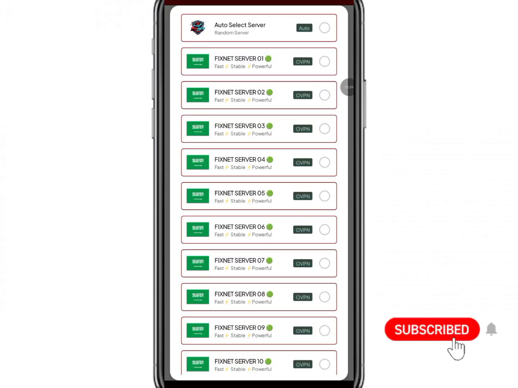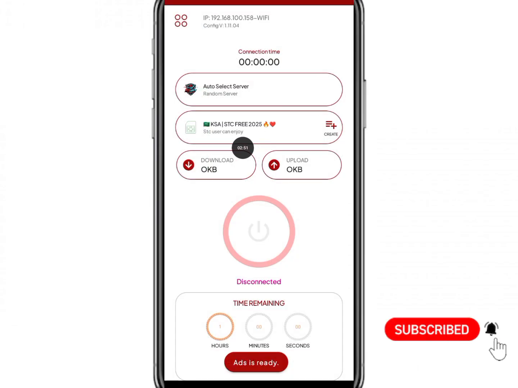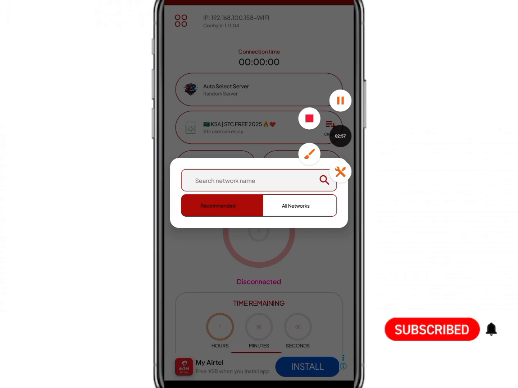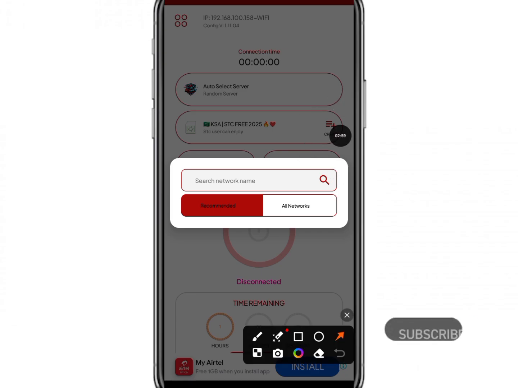And then next, you're going to come where you see auto select server, and we kindly recommend you to use a server that is near to your country's location, or that is your country's location. Alternatively, if you don't see a server that is near to your country's location, keep it on auto select server. Lastly but not least, you're going to come where you see STC, and then you're going to select it, and change from recommended